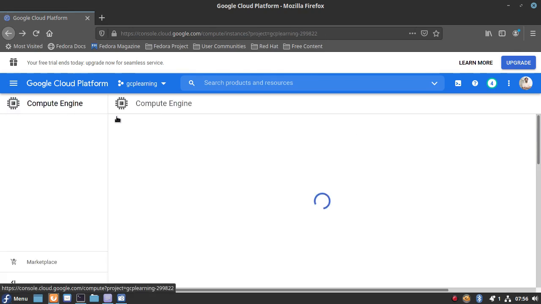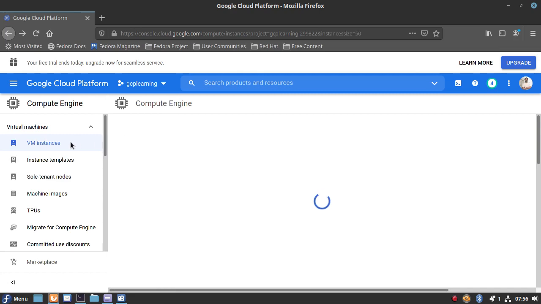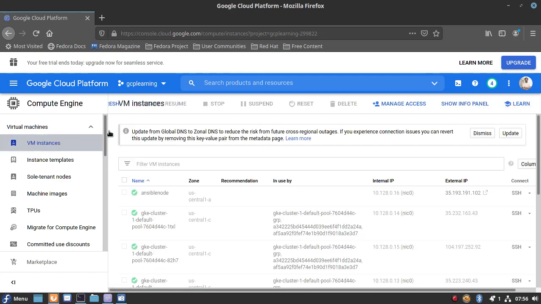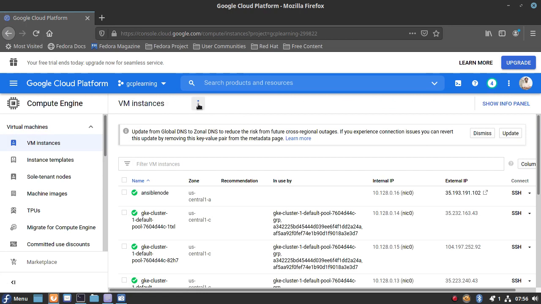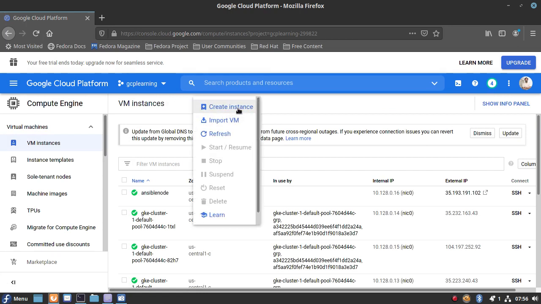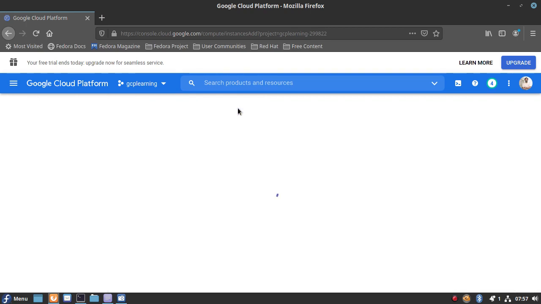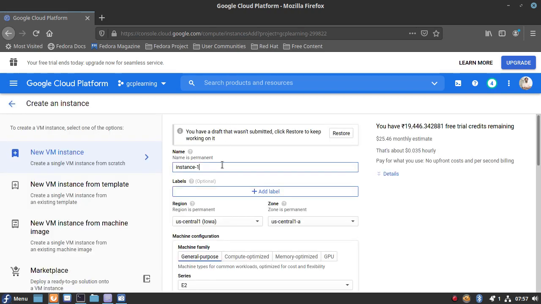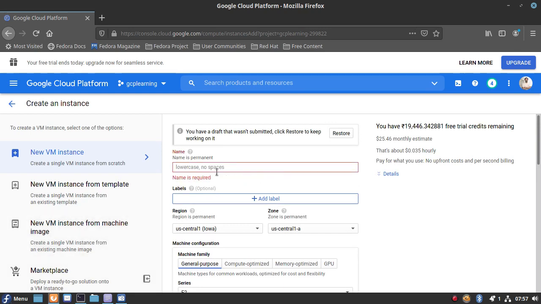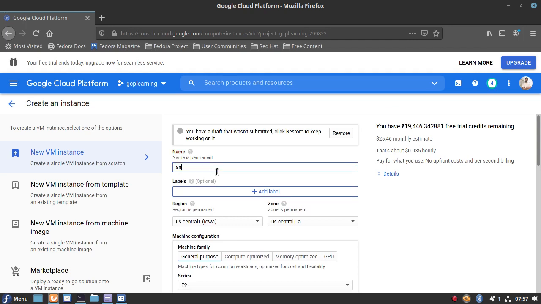So we need to go into the VM instances, and here you can go to create instance. So let us name our instance Ansible node 2.